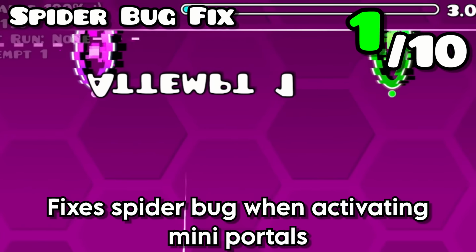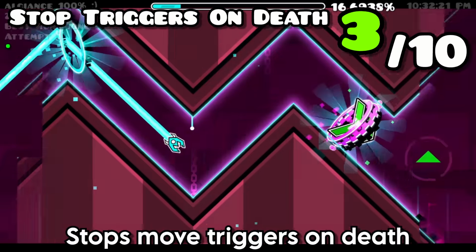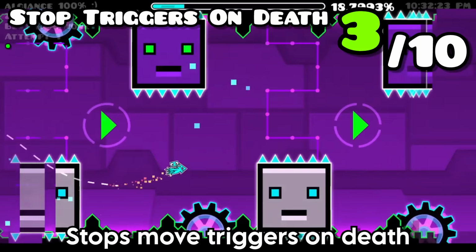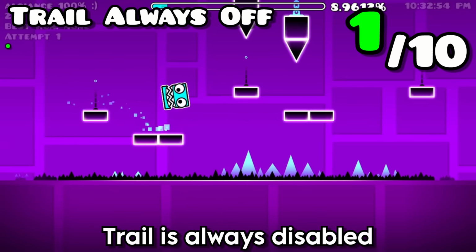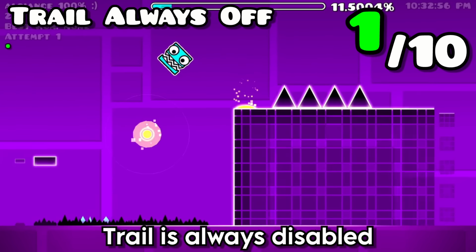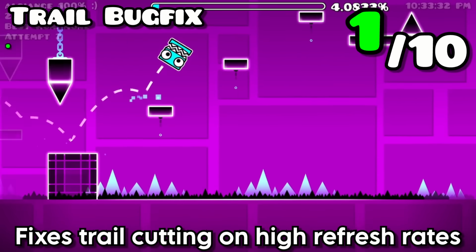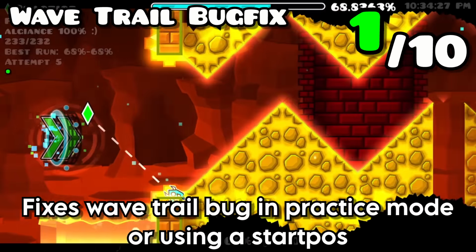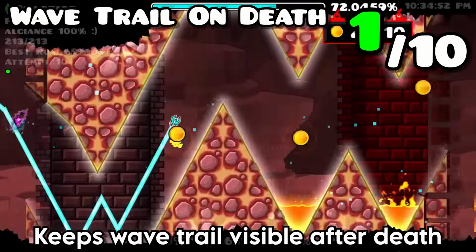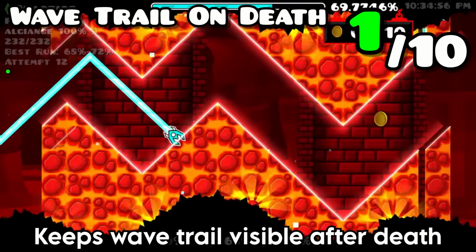Spider bug fix. A quality of life bug fix. Stable pulse. Ditto. Stop triggers on death. About as much of a hack as show hitboxes on death since it helps you see what you died to. Trail always off. Cosmetic! Trail always on. Ditto. Trail bug fix. Another quality of life fix that it should be a default thing. Wave trail bug fix. Ditto. Wave trail on death. If I have to say something is cosmetic one more time, I might just...